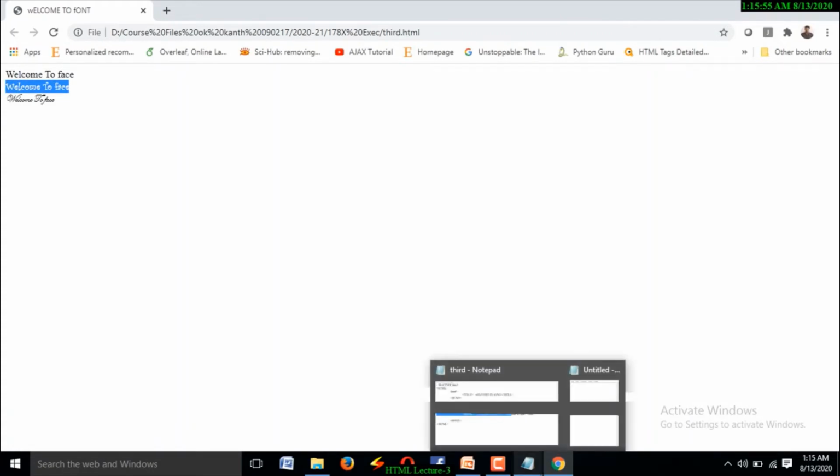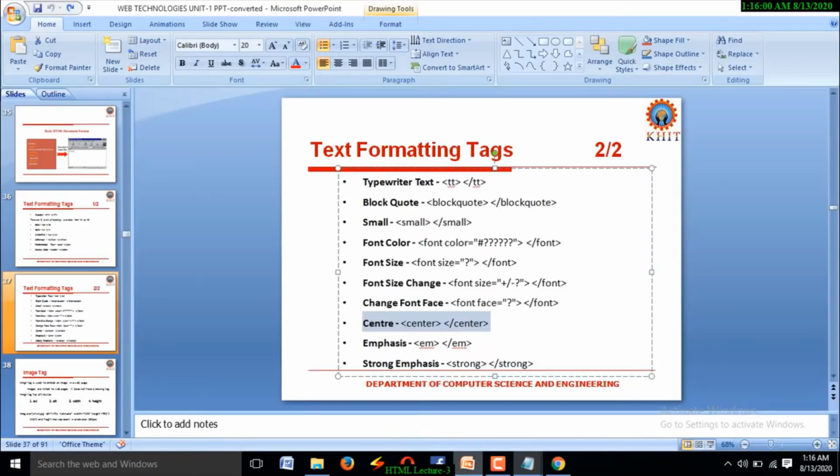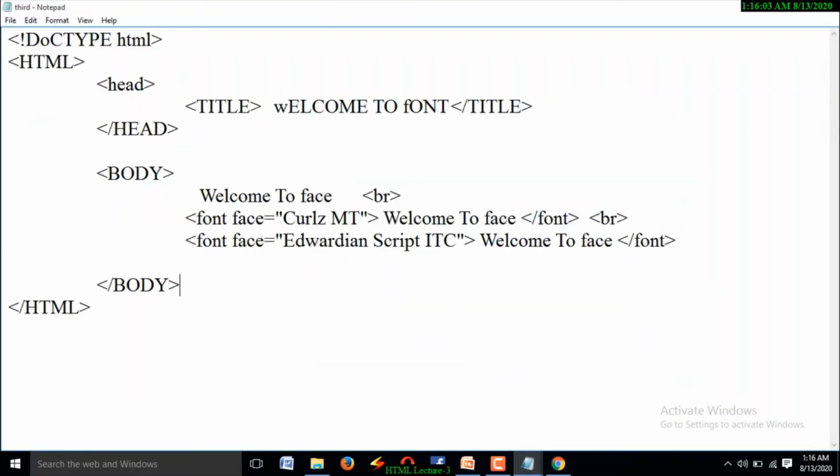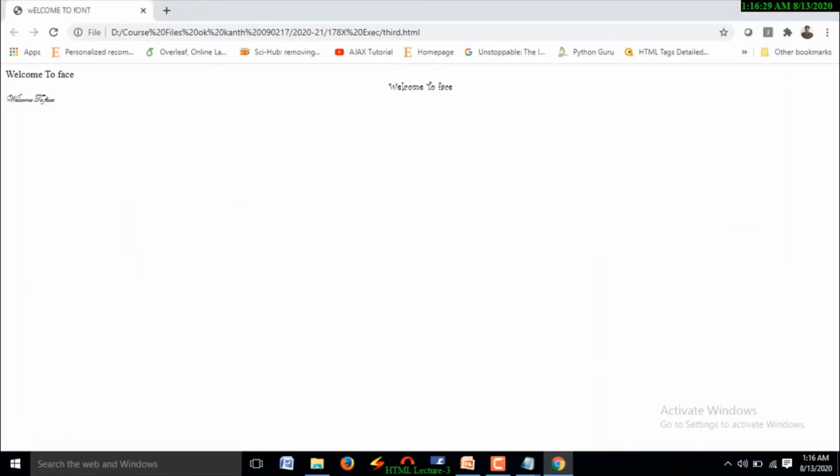Suppose you want to arrange the second word in the center, you can arrange it by writing the center tag, center, center closing. Sorry, for the second one, and this is the closing of center.